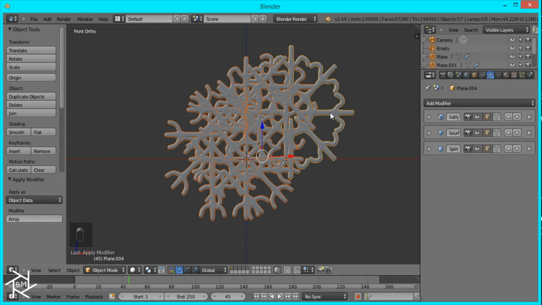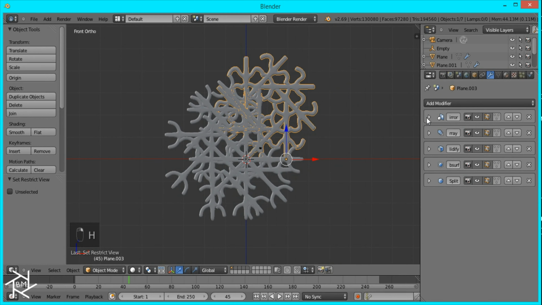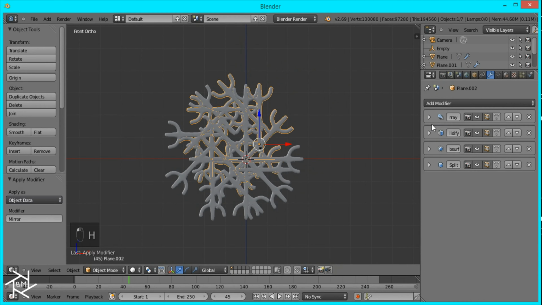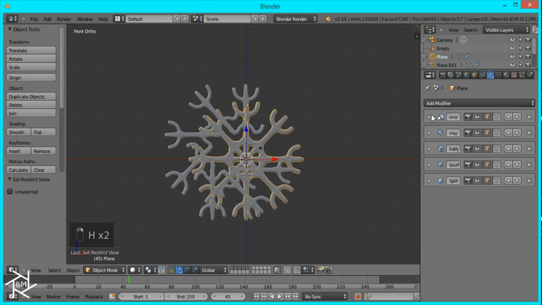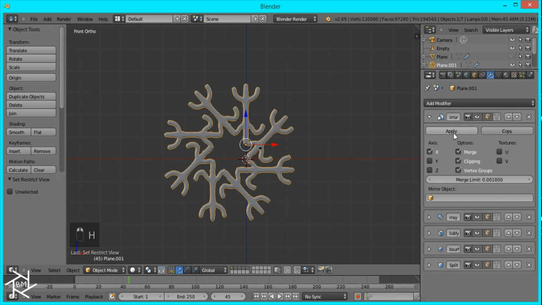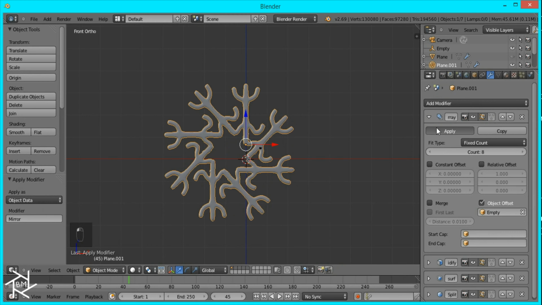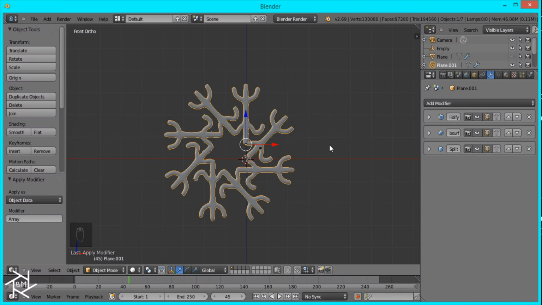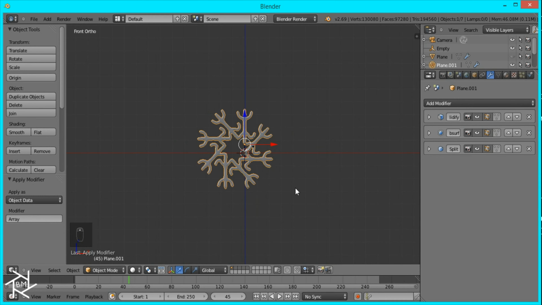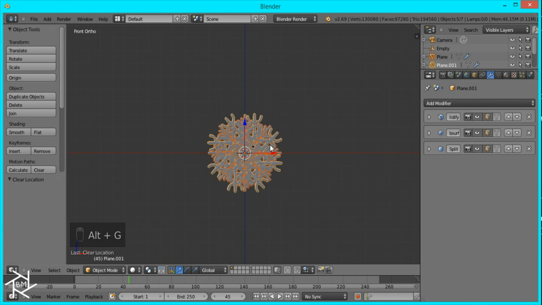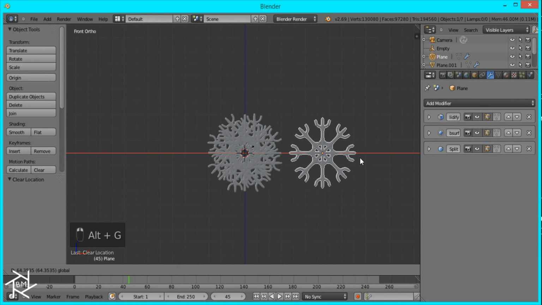So after I do that, I'm going to hide it just so it's not in our way. After we do this, we are going to create the background for our scene, which is these glowing snowflakes. Okay, so I'm going to unhide everything. I'm going to press origin to geometry and Alt G. I'm just going to separate these out like that,